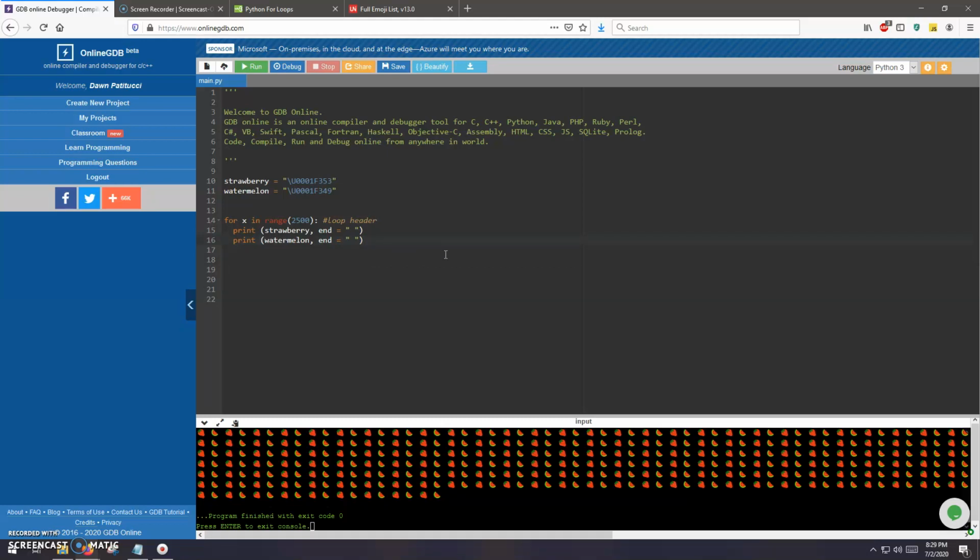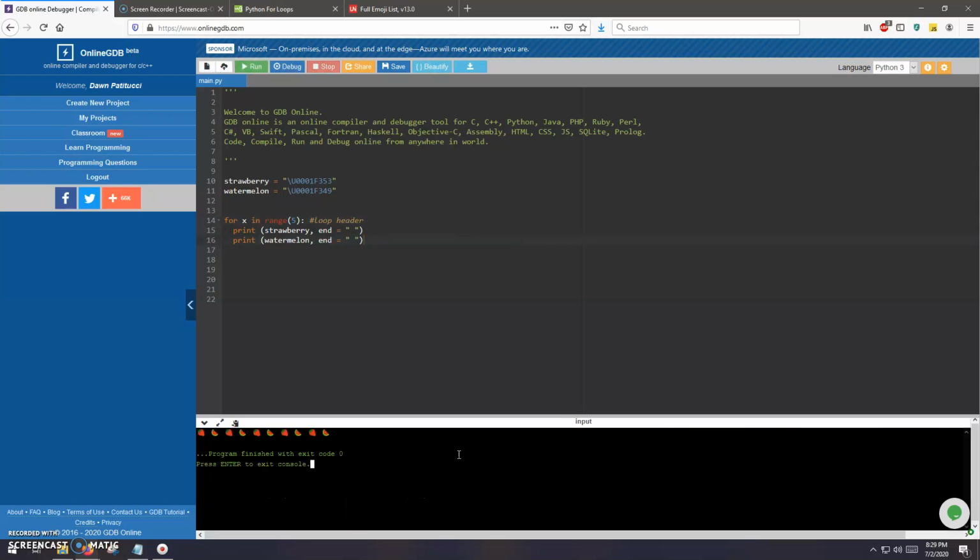Okay, I think I'm going to mix this up a little bit. I'm going to put a 5 in there so we can count the characters. Okay, so not surprisingly, I have 10 characters because we're printing 2 at a time. So 2 characters times 5 iterations is 10. Now, I want to show you something here. Hang on here. I'm going to comment out the body of the loop here,